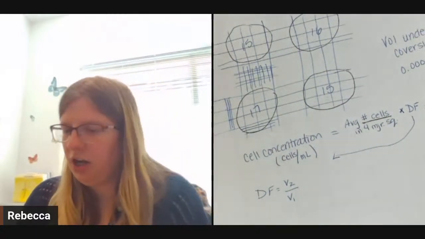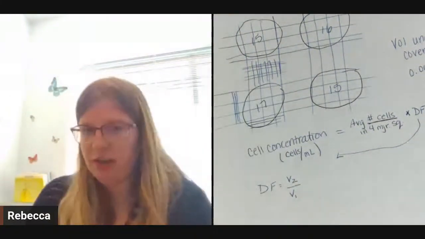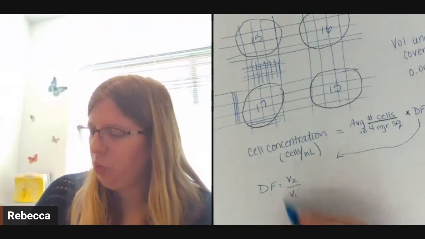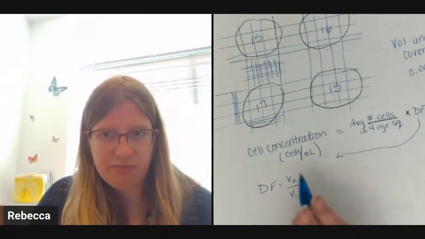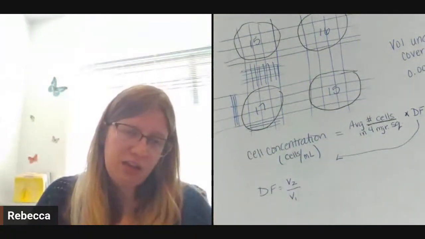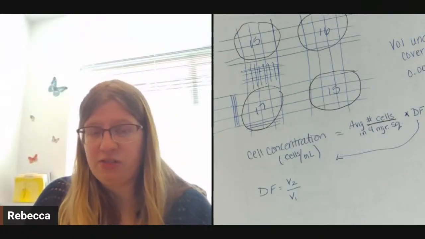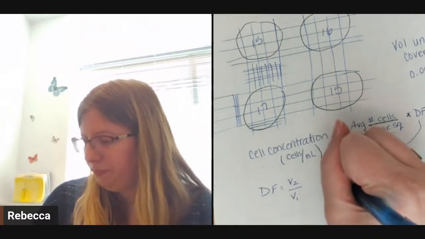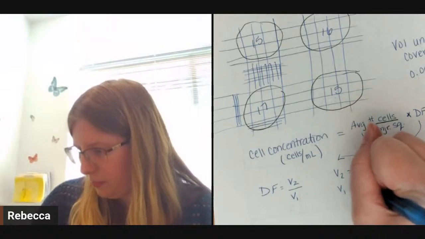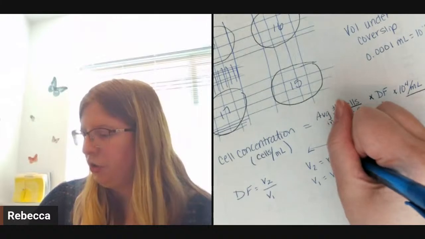Don't forget, you can always comment in some questions about things so I can make sure that I'm explaining them, right? This review is for you. And so what do these V's mean? We could probably assume that if there's a V, it probably either means volume or velocity. And in bio, we're not working with velocity. So we know these V's are volumes. But what are they volumes of? V2 is the volume total